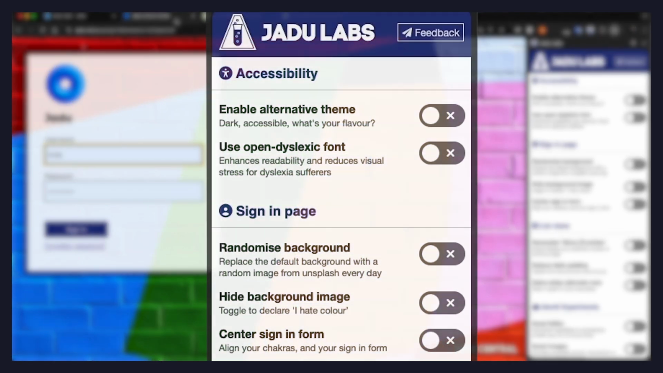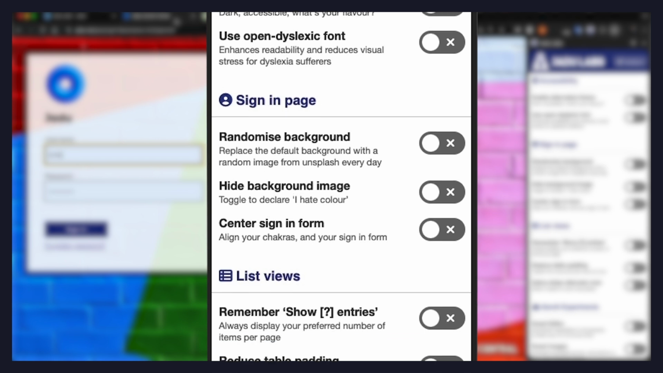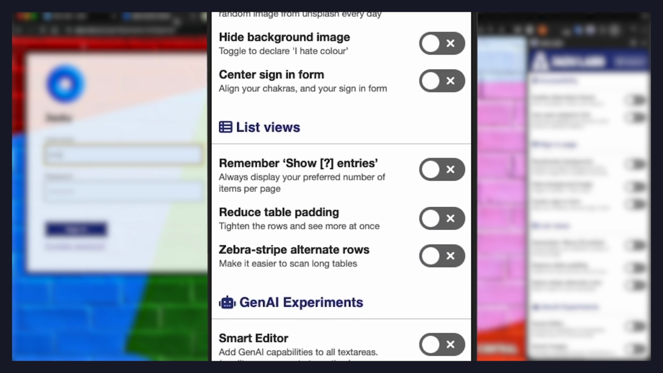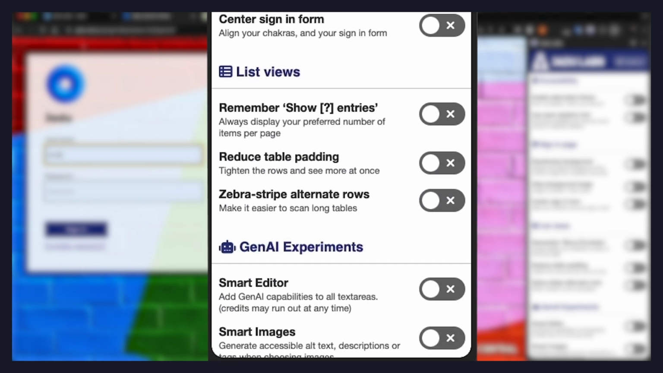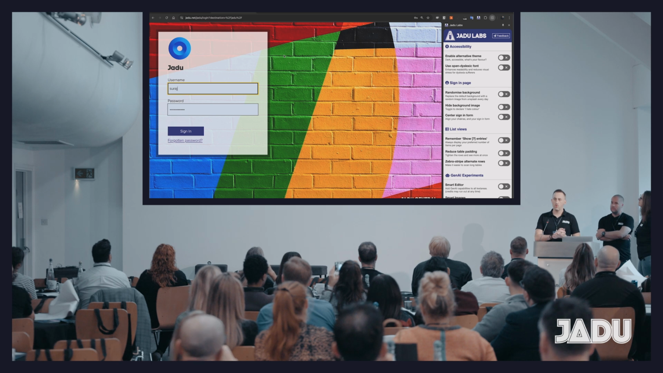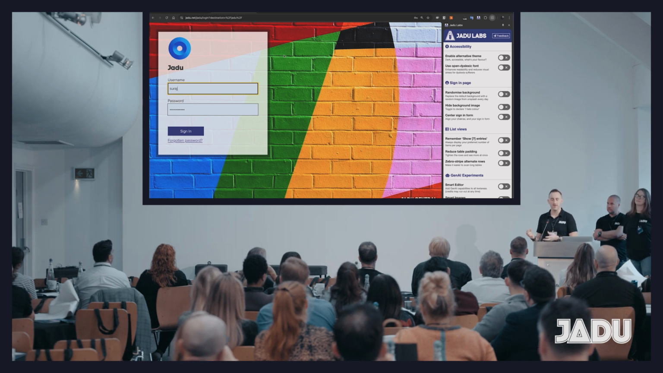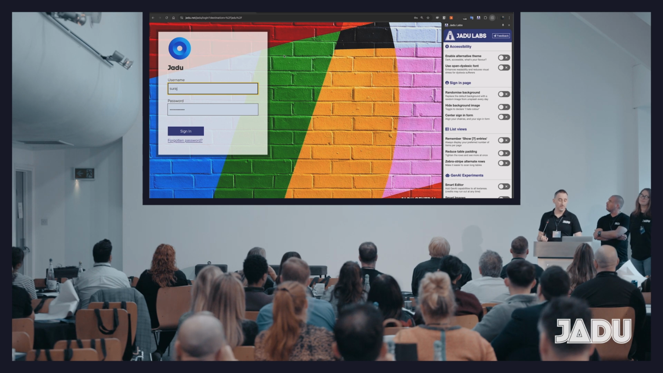If I switch to a Jadu product, there we go. And this list may change depending on which feature you're using. It works in both Central and Connect. Some features only work for the appropriate product. The ones that are on there now range from small, tiny quality of life experiments, not particularly useful, but what